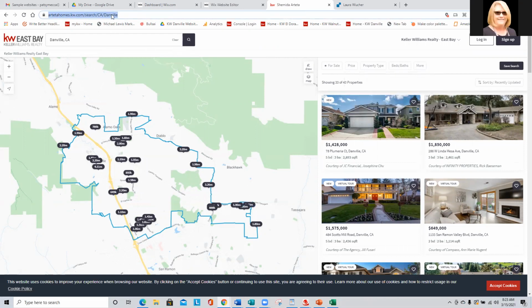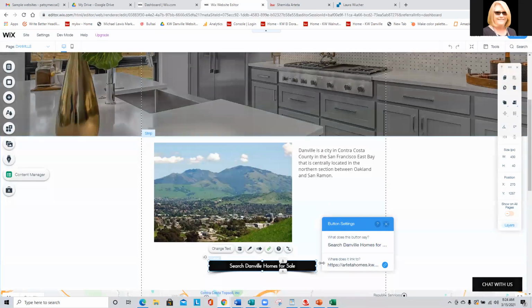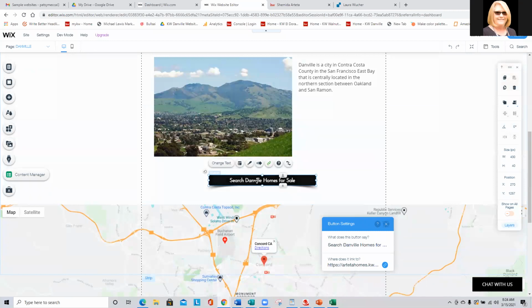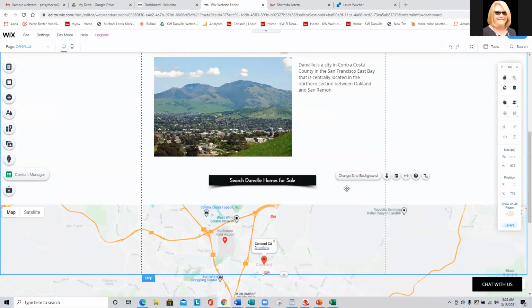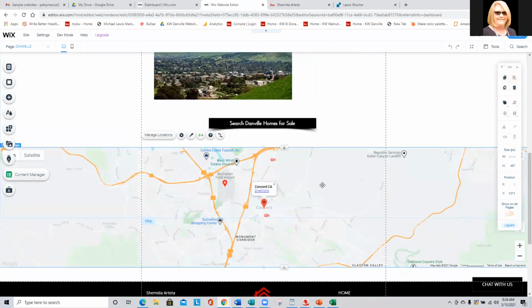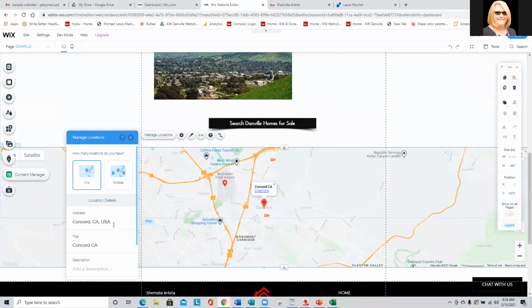Your websites usually just have the city and the state, but you can alter the price and the property type, number of beds or baths, whatever you want to do in that. So now we have our Danville homes for sale. It's all changed over. We also have the URL for the hyperlink changed. So now we just have the map, and we click on the map and it says manage location. We're going to put in here Danville, California,